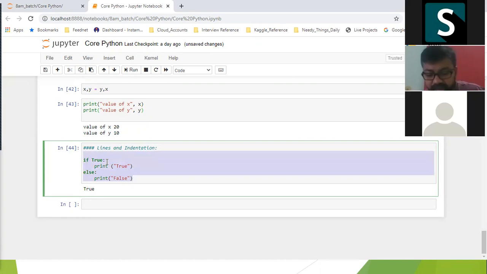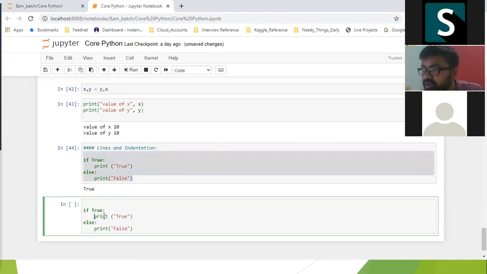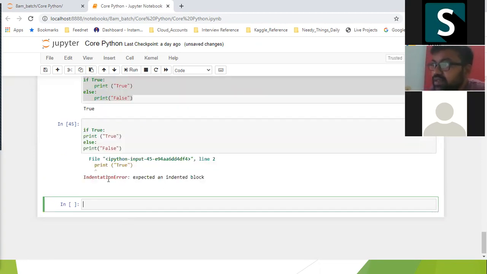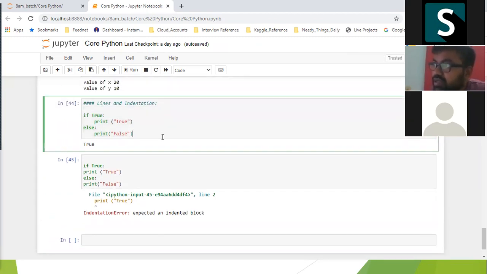If I don't maintain this indentation space, and I give this condition without it, it will say there is an indentation error, expected an indented block. So whenever we are starting a new block, we need to maintain this indentation space.